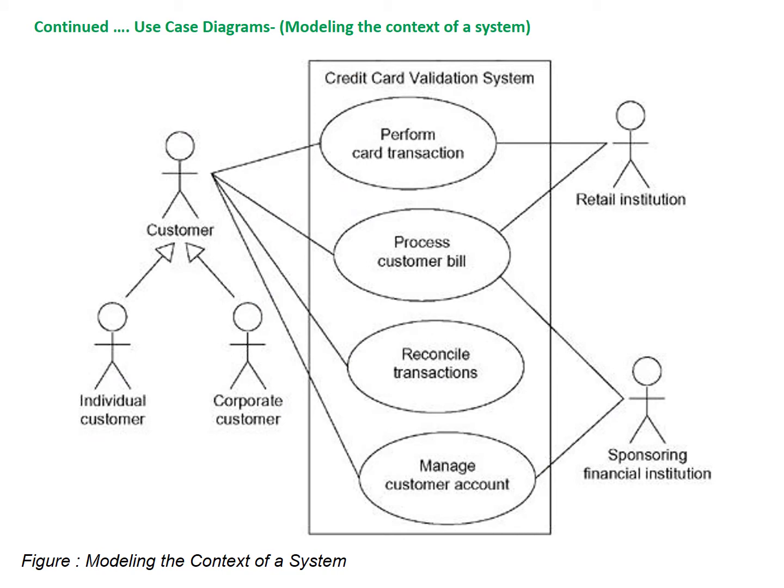This figure shows the context of a credit card validation system. Customers are of two types called individual customers and corporate customers. These actors are the roles that humans play when interacting with the system. Customer performs a